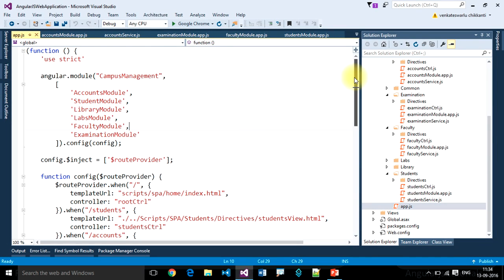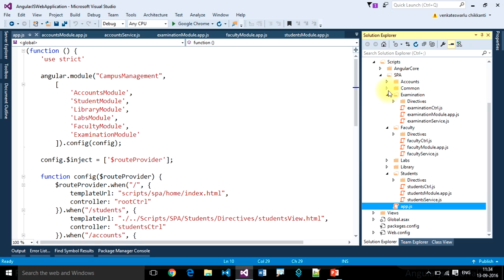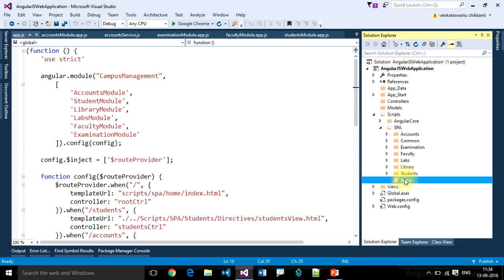This is how I set up my project. These are all the modules as we discussed. This is my app.js file. This is my application module, the application-level module I have created. You all know how to create a module: angular.module. This is my application-level module, and